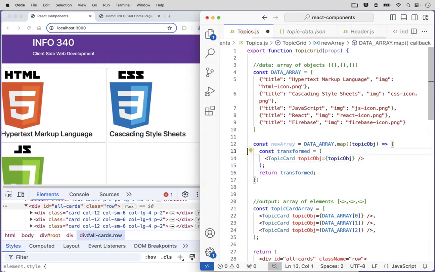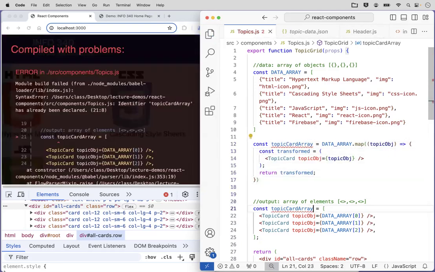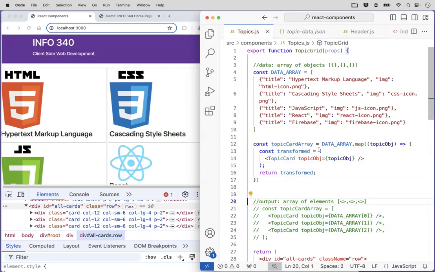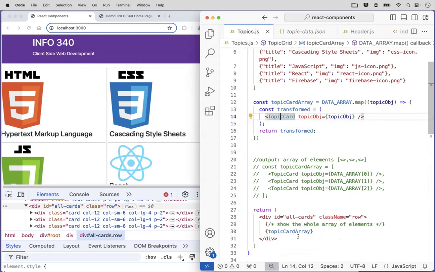So that's the piece I want as my transformed element. And then that takes my transformed element, and that's what I return to put into my new array. And of course, I'm calling my new array the topic card array, because that's what I want. So now I don't need the topic card array anymore. I can now have my data array get mapped into an array of topic cards by transforming every topic object into a topic card. That now gives me my topic card array, which is what I end up showing,